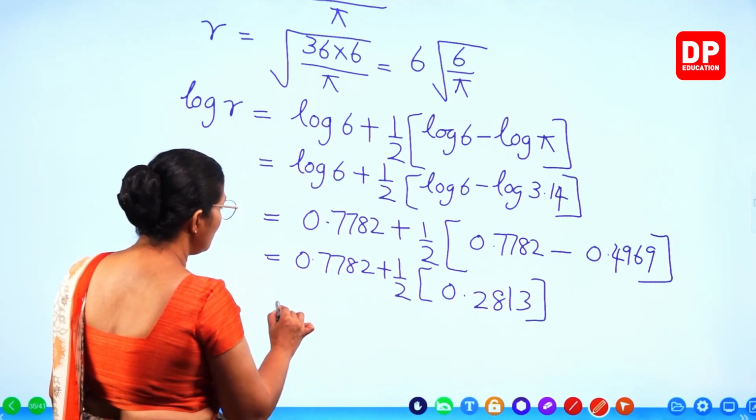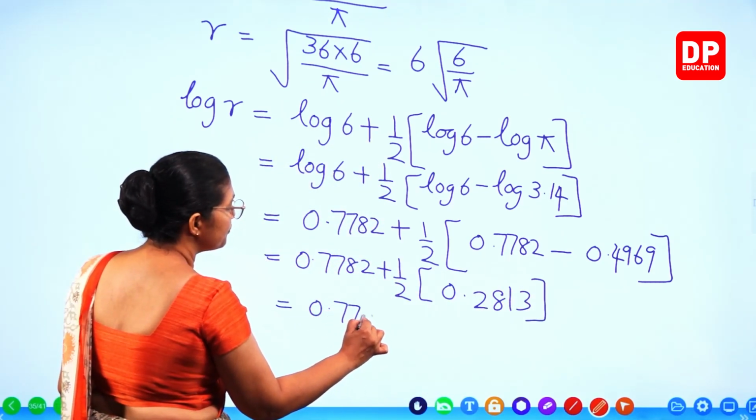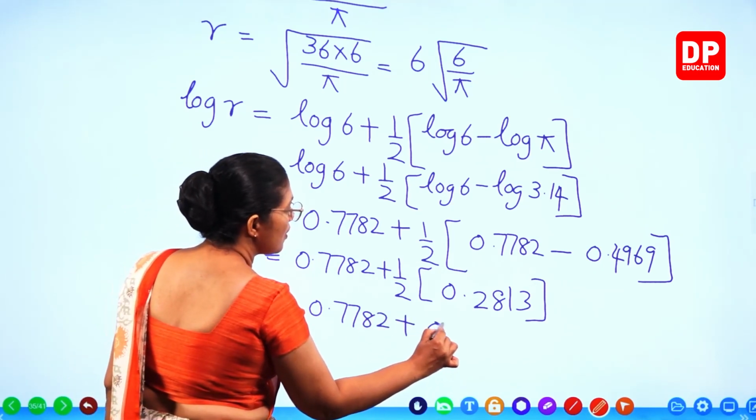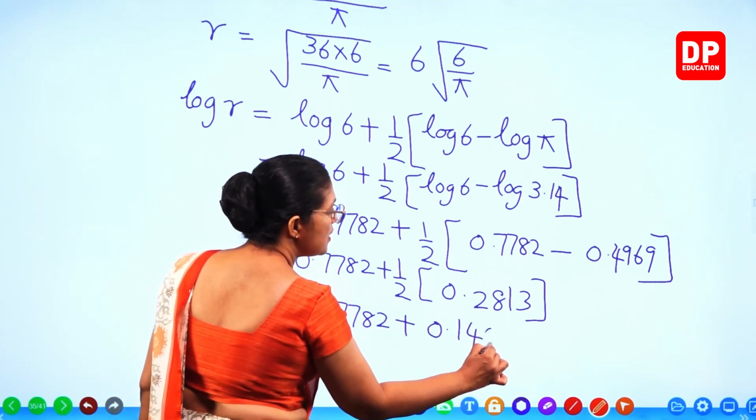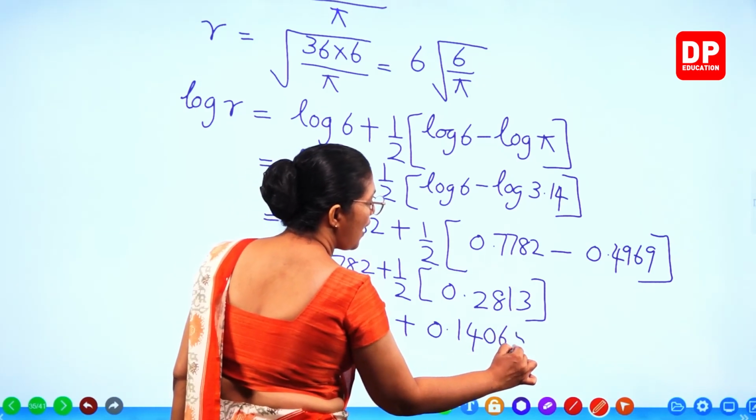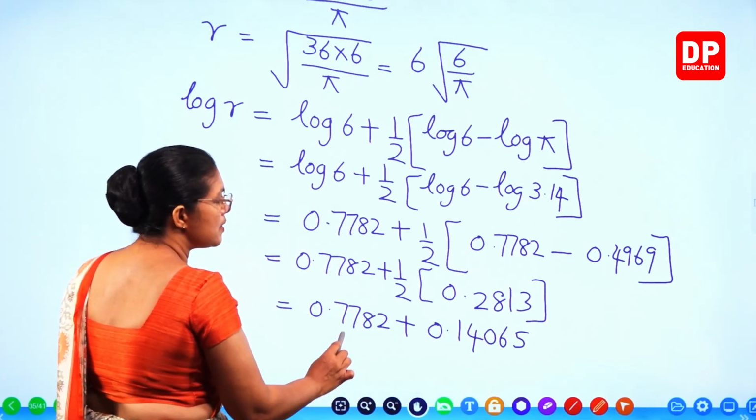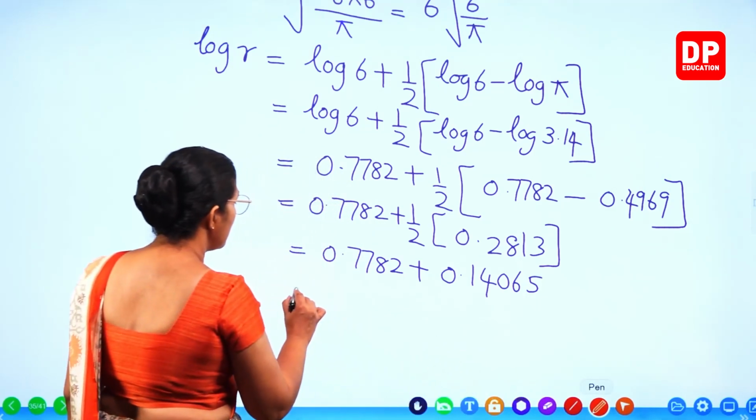Now divide by 2. 1, 4, 0, 6, 5. But you don't need 5 decimal places, we'll round it. So that's